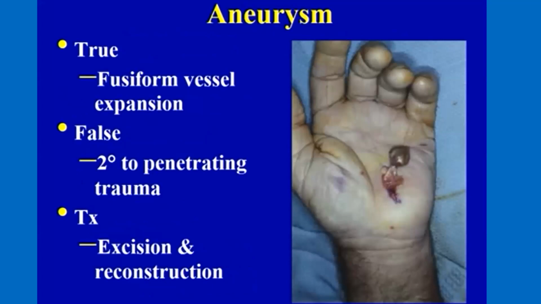There are workers who have minor injuries of the hand, and later they have swelling and pain, and as a crush blood. And if you put your stethoscope, you see that there is a bruit, and this is an aneurysm that could occur secondary to trauma, and the treatment is